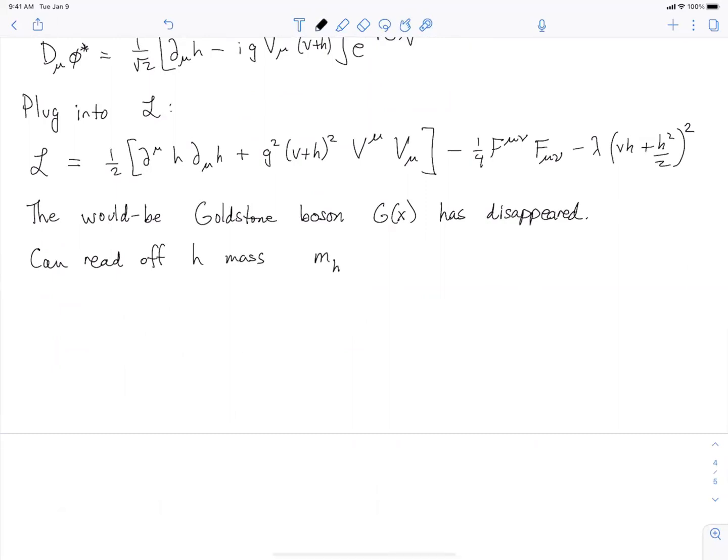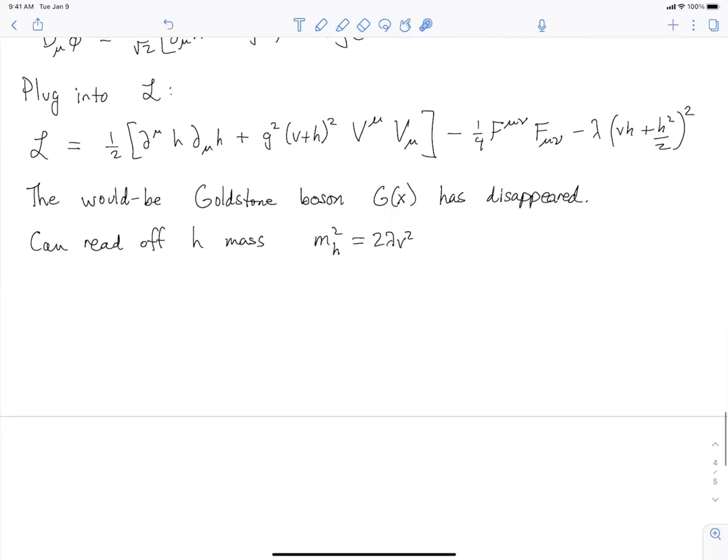Namely, m_h squared is 2 lambda v squared. All that comes from is when I expand this out, there's one term with h squared in it, and that's its coefficient. Okay, so the Goldstone boson in a local symmetry went away. We got a positive Higgs mass squared. And the other thing that happened is for the vector fields,